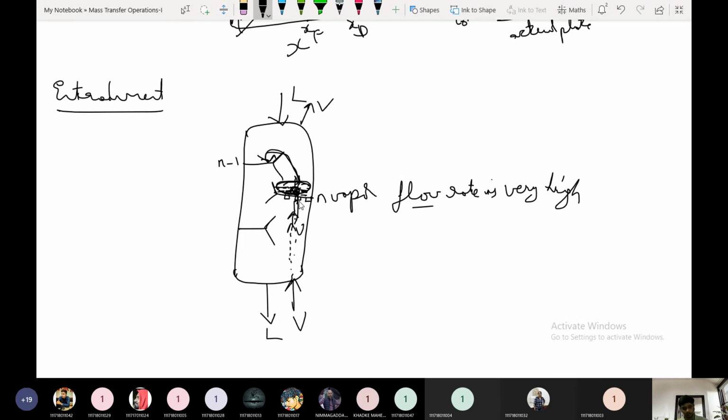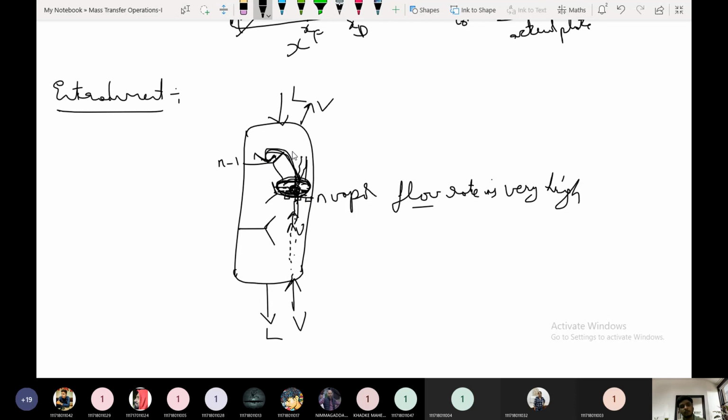So the liquid carried to the next top plate at very high vapor flow rates is called entrainment. We need to neglect this one. We do not neglect, we need to suppress this one. We need to suppress this type of operating condition which is going to carry the liquid. The only operation which has to take place is that the vapor just comes in contact with this liquid, the mixing takes place, then the vapors leave from here. But in the entrainment conditions, this entire liquid will be carried away by the vapor and just sent into the top plate. So that is called entrainment.